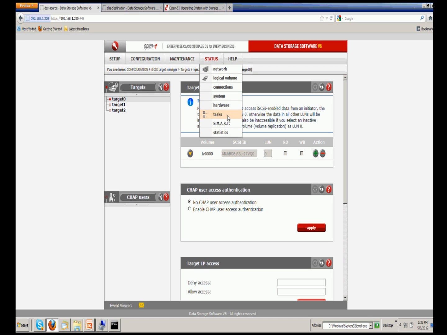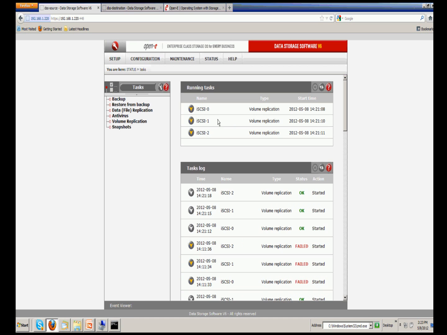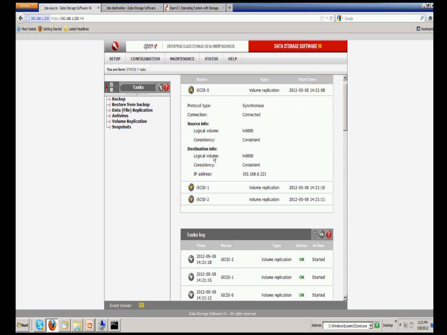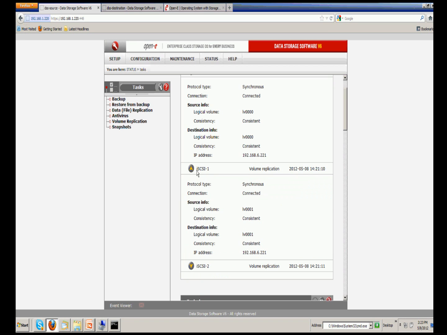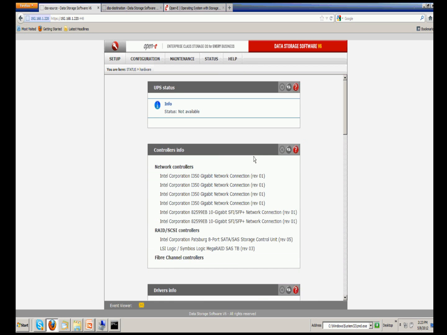Additionally, you can look at your status on your volumes for your replication. You can go to Status, Task, and here you will also see, especially for new volumes that you create and want to add to the task from your volume replication, the status once they're connected and if they're consistent amongst the primary and secondary, source and destination. So again, you want to make sure that your email status is up, and also if you wanted to investigate who is primary and who is secondary, or what events took place,